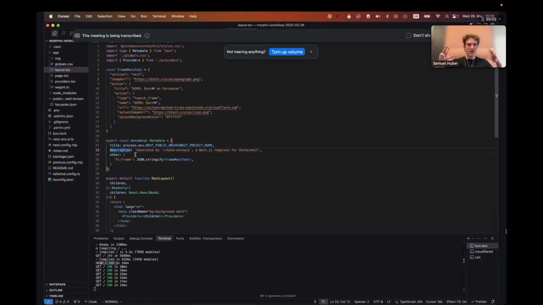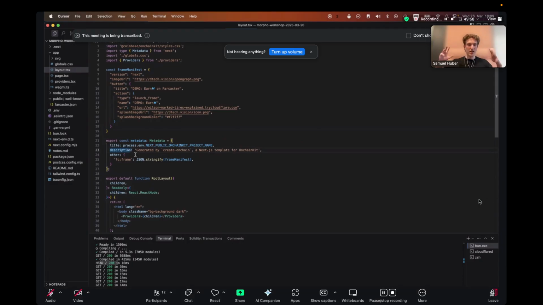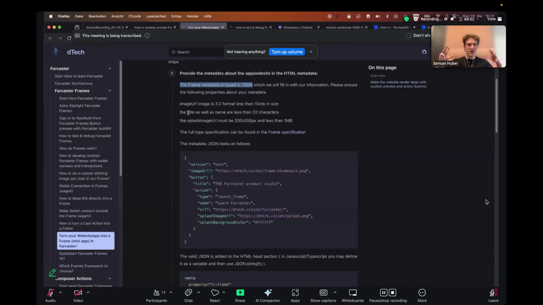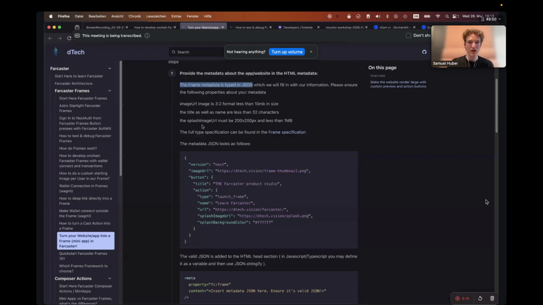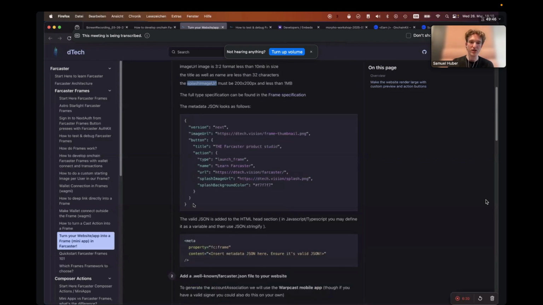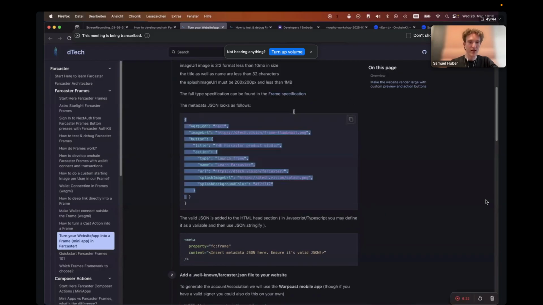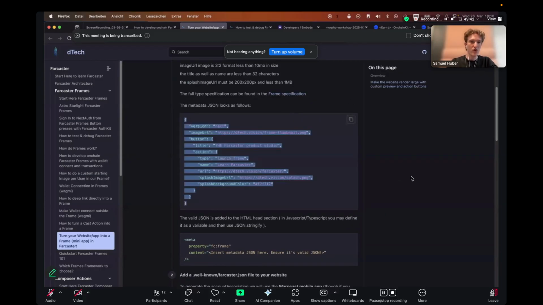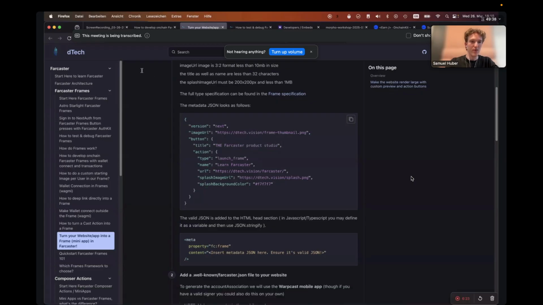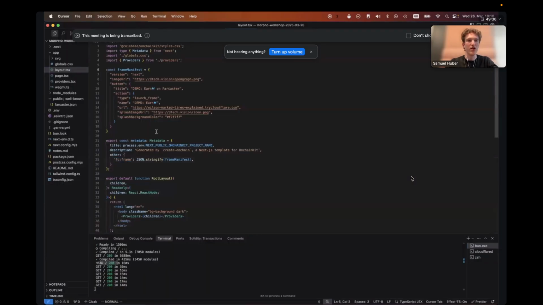If you look at the docs, you'll find it has JSON, which most of you are familiar with, especially for programming, that's really cool. Then we need an image, we need the title, we need a little URL, and this is the format of that little piece of JSON. So if we just copy this in here and we go back over and we create a little variable that says frame manifest, really cool, we just have that in here. So now, because we have that in here,